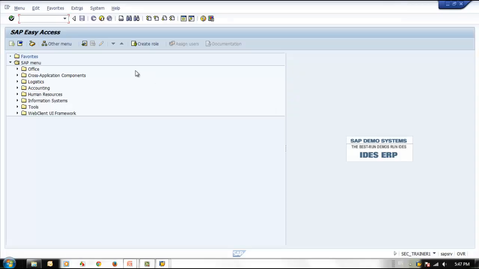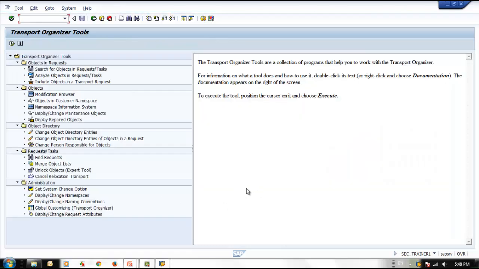Let's look into our system. You can go to the transaction SE03. We can also use the menu path in the audit information system which we have seen in the presentation. Otherwise go to SE03, the transport organizer. Here in the transport organizer tool you can see many functionalities, and you can see administration. In the administration, the first option is Set the System Change Option. So if you select this option and select execute,